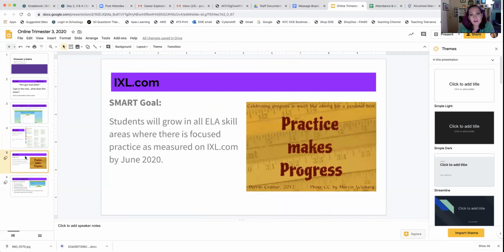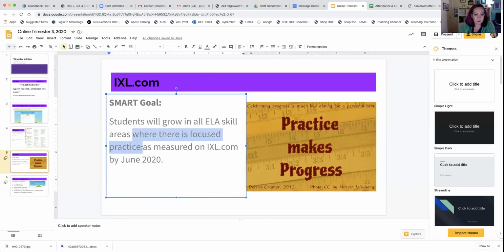And really what I'm going to be looking for, our SMART goal for the whole class, for everyone in ELA, is that they will grow in all ELA skill areas where there is focused practice, as measured on IXL.com. Now, when I say where there is focused practice, that's where my job comes in, right? So first, you guys take the diagnostic, which is where the computer will tell you what questions to answer. You'll do your best. Try hard. Try not to multitask and have other windows open or be texting on Instagram at the same time, because you just won't focus as well as you would if you were able to